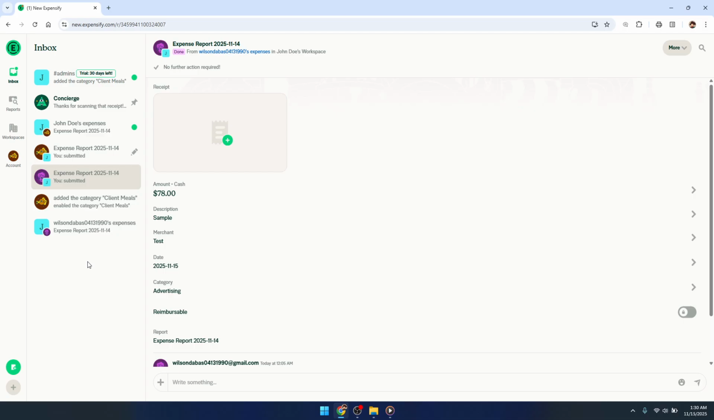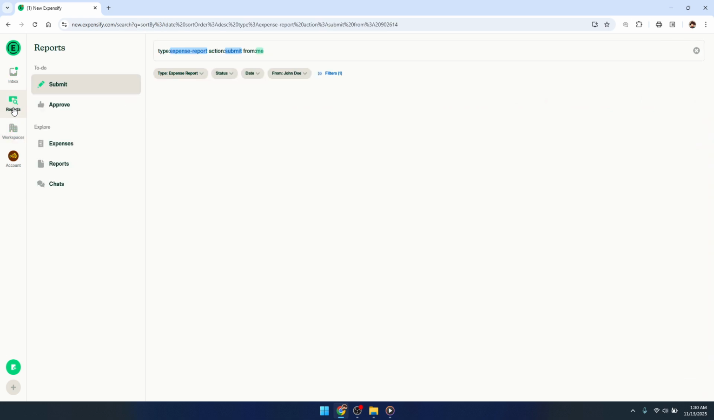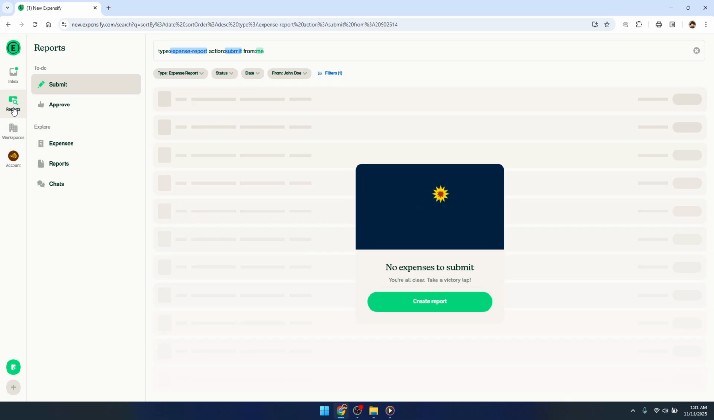To begin, head over to the Expensify platform and focus your attention on the left-hand side of the screen. Here, you'll find a menu filled with various options designed to help streamline your workflow. Locate the tab labeled Reports, which is your gateway to creating new financial summaries. This section is crucial as it provides access to all your existing reports and serves as the starting point for